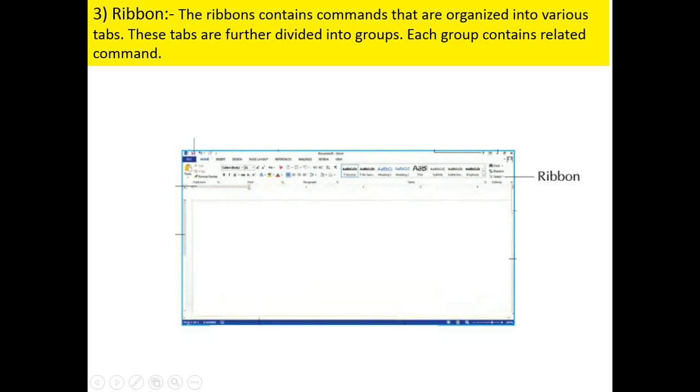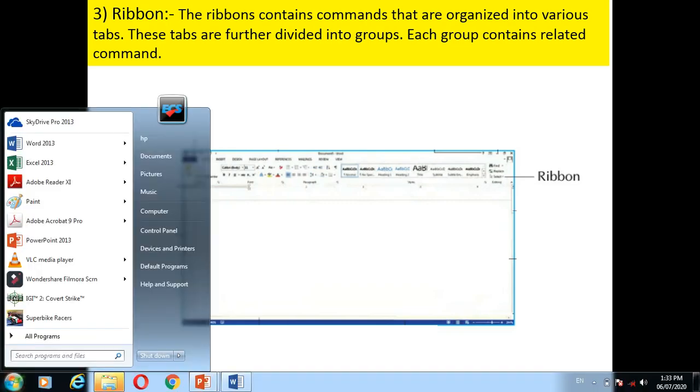Ribbon. The ribbon contains commands that are organized into various tabs. These tabs are further divided into groups. Now, how does the ribbon look?